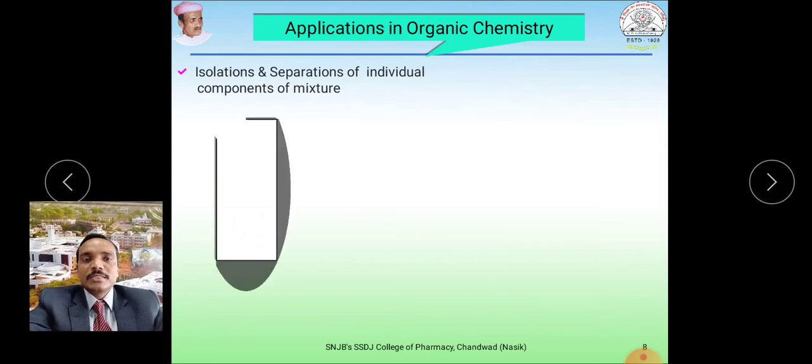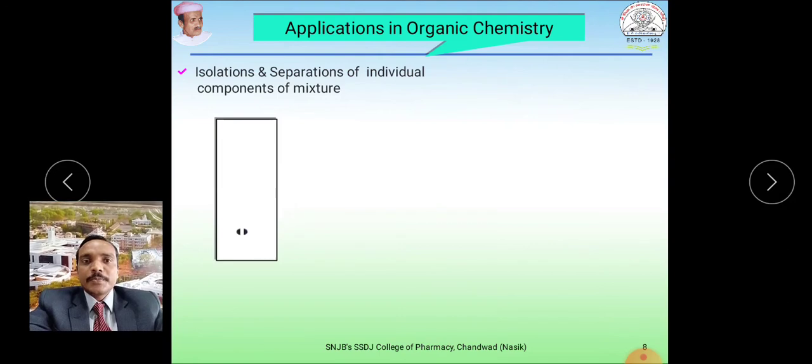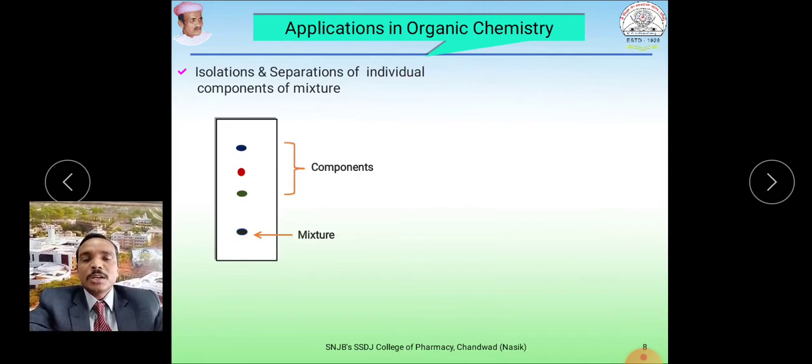So here, on the TLC plate, this is one spot of the mixture. Then you can see here, after the run of the TLC plate, we have separated these different components. So these are the components which are separated from the mixture, which we can do in the laboratory by